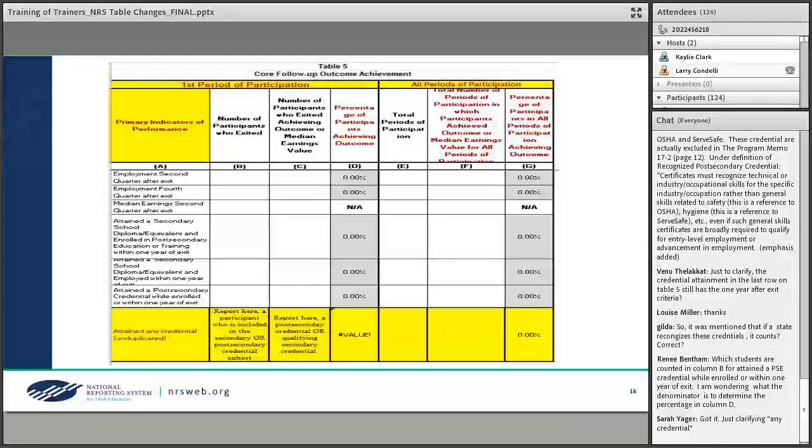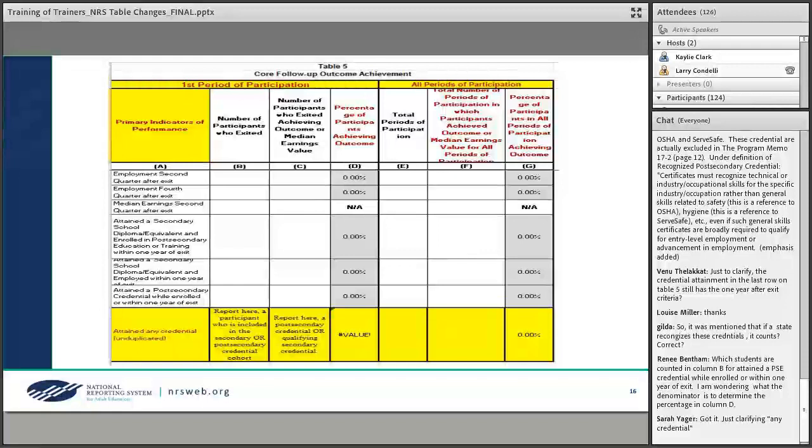Well, Gilda says I mentioned that if the state recognizes the credentials, it counts. Correct? No. I guess what I'm saying is, in the program memo, and this training is not about Program Memorandum 17-2, we would need to go back to that with you. So if you want to give me a call, Gilda or Sarah, you can call me up or call your area coordinator here in Octave, and they can review Program Memorandum 17-2 with you,